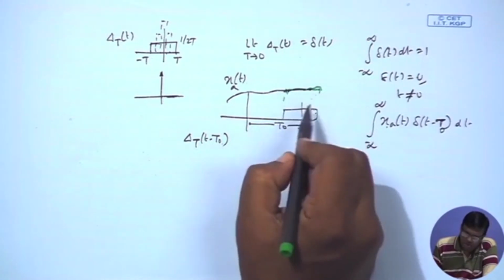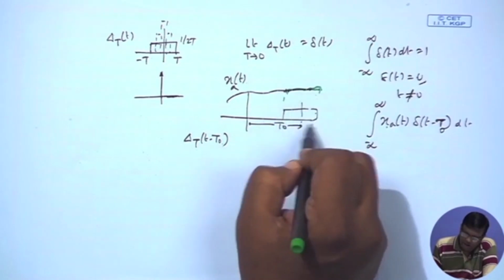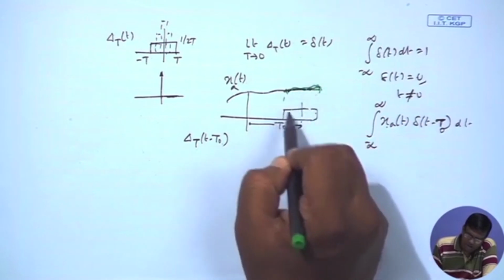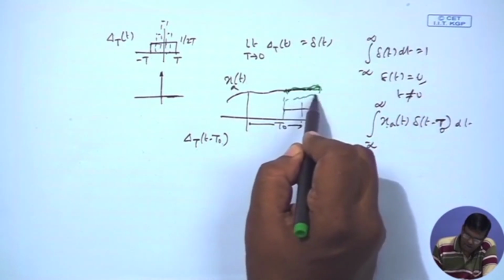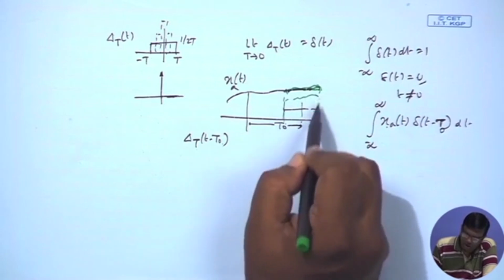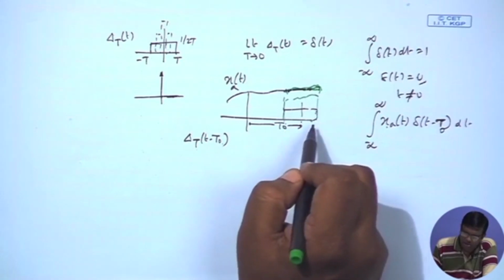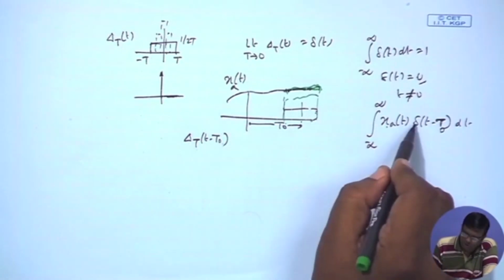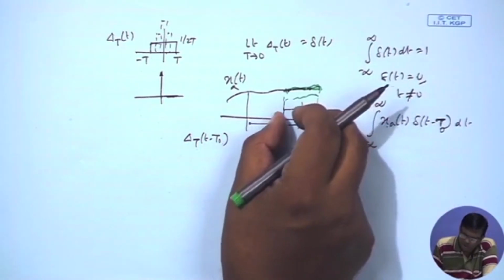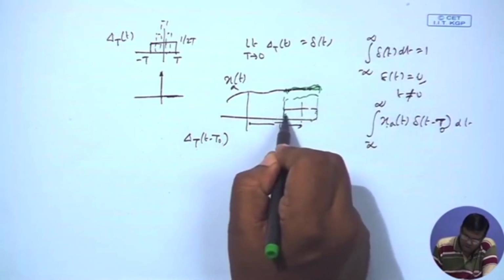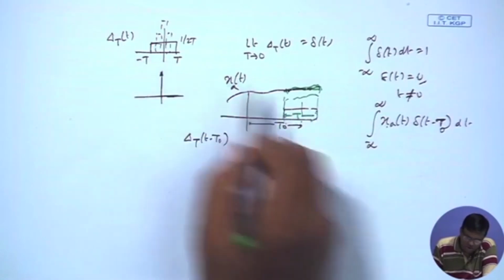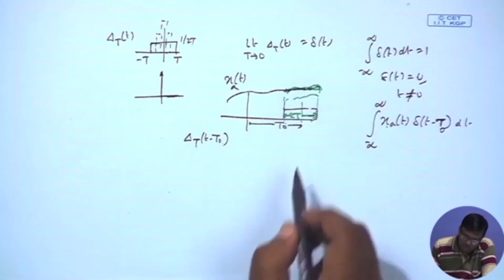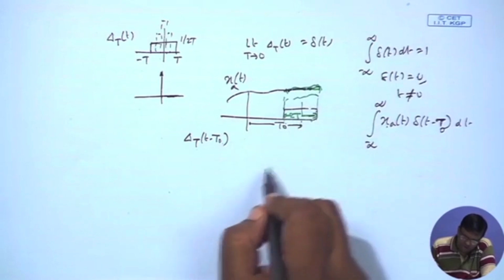But slowly what will happen? The area under this curve, you just have to carry out the integral, so whatever is the area under this curve will be this integral. But then to go to the small delta from capital delta, I have to make the width 2T, and if we take T going to 0, the height will go up. So, when it becomes very narrow,